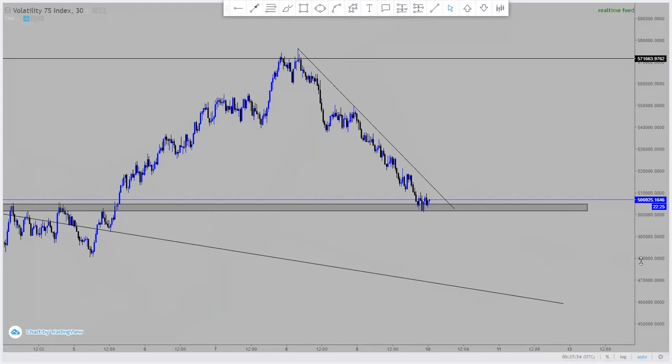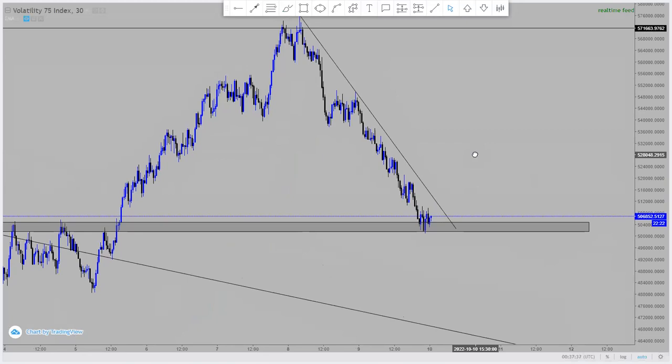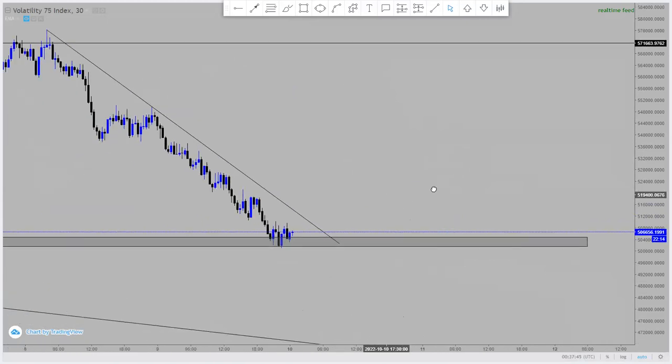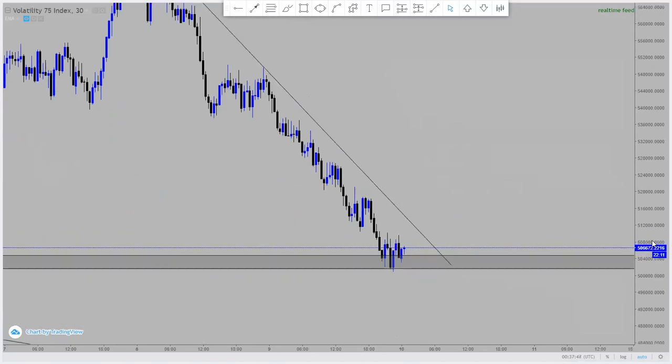Right, so that is the trend line. You can already see it on 30 minutes, very clear like that. Downward trend line: below the trend line, sells; above the trend line, it's buys. So already we can see that on 30 minutes, once we break this level here,